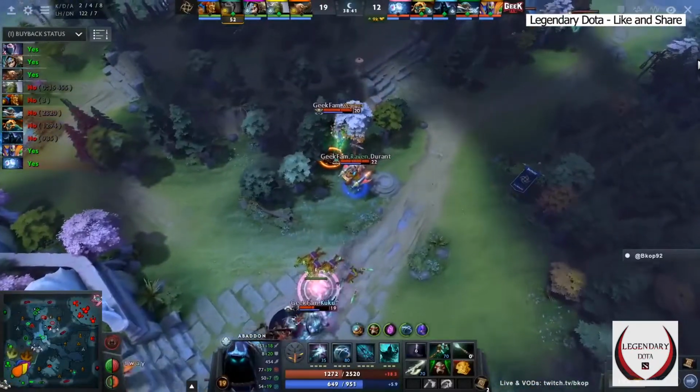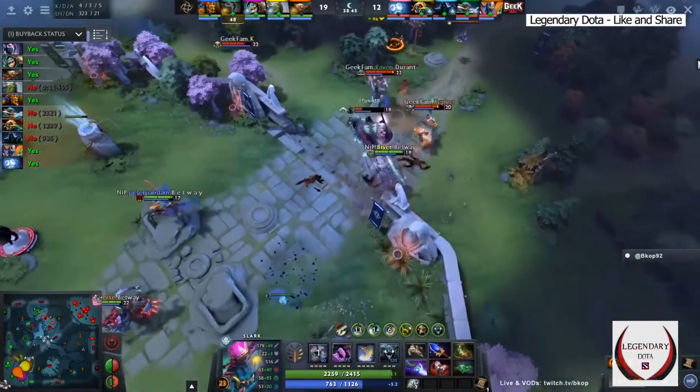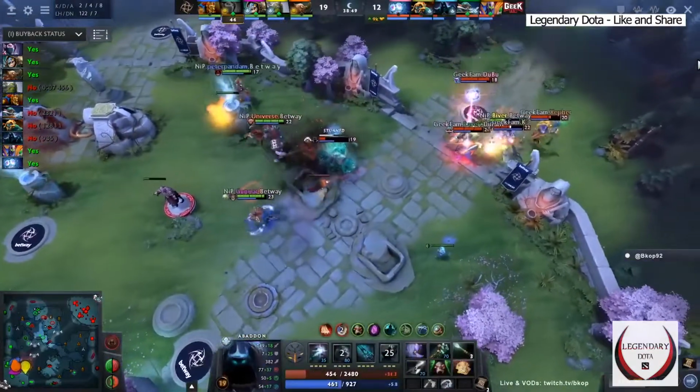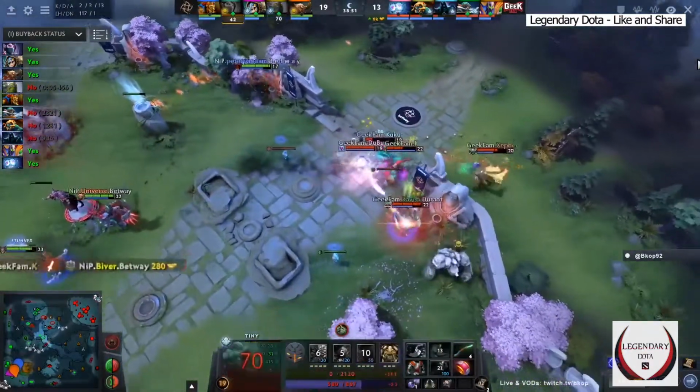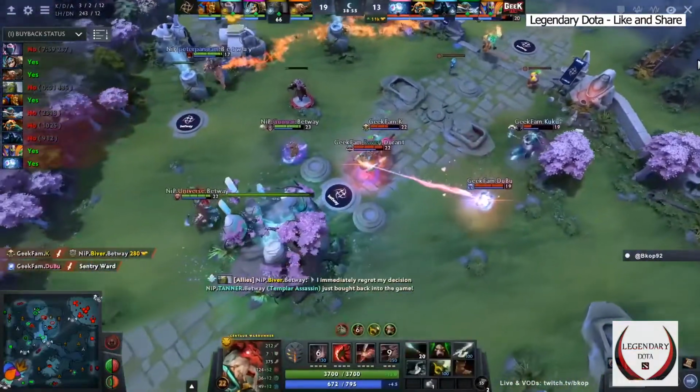Okay, back. Gunnar trying to get a kill here, but again, disarmed. They've got Biver. Tossing forward Kuku, but he's got the borrowed time. They've got the hoof stomp, but is it going to be enough to really do anything? Biver ends up dead. He's going to be gone for 70 seconds, and now, you're going to immediately regret your